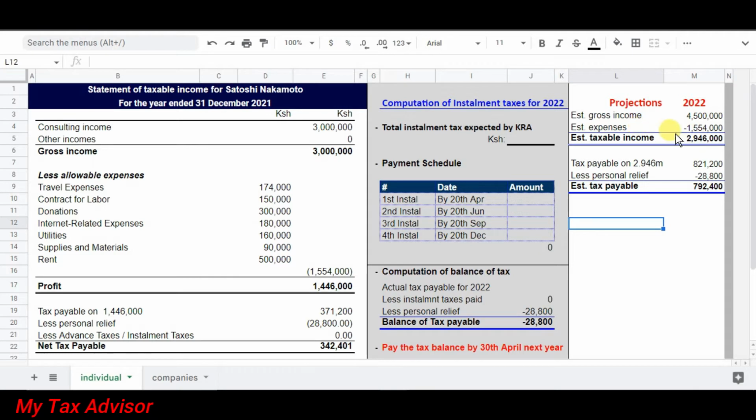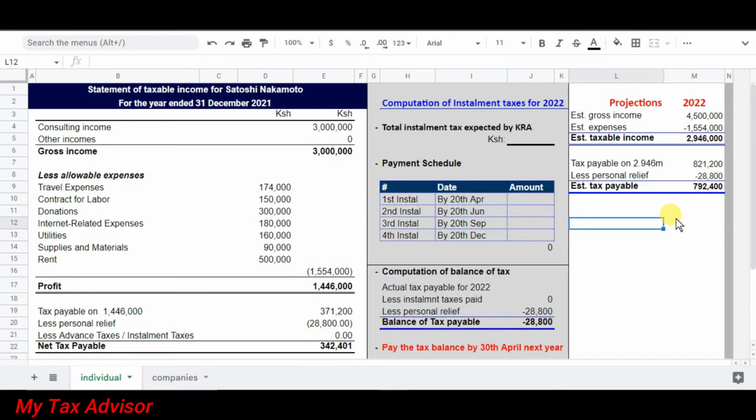They're estimating that the expenses are going to remain the same, 1.5 million. And they're estimating that they are going to make a profit, a taxable income of 2.9 million. And the tax on that amount is going to be that. And then they qualify for relief. And the final tax they estimate to pay is